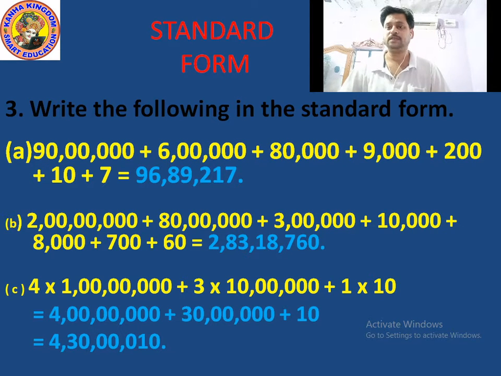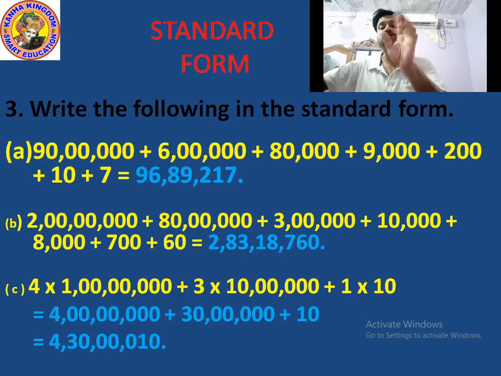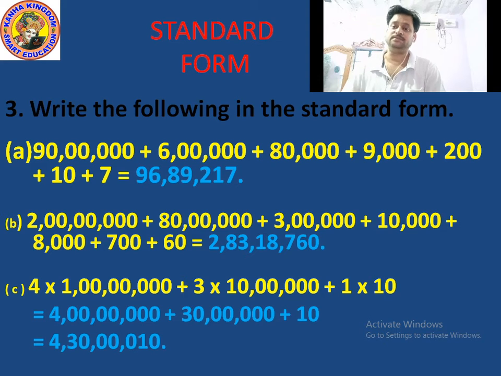comma, lakhs, you have 2 digits in lakhs, you know that, comma, thousand, you know that. Are there any digits in thousands? Nothing in thousand. So what you have to do? You just put 0 in thousands period. And how many place values in thousands period? 2 place values. So you just put 2 zeros in thousand period, means 0 0, comma.